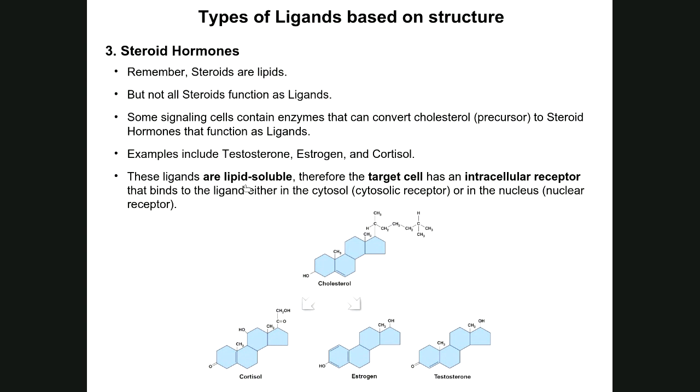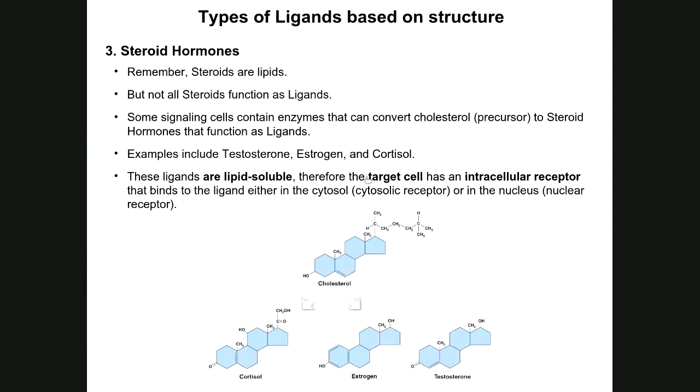Well, these three steroid hormones, these three ligands, they all come from cholesterol. So they're all still lipid soluble. Therefore, testosterone, estrogen, and cortisol are lipid soluble and can freely diffuse across the cell membrane of the target